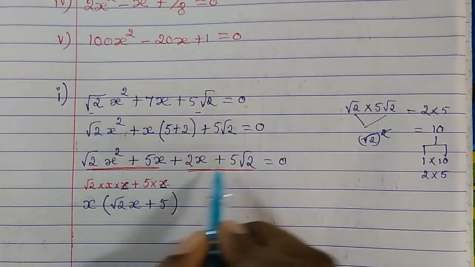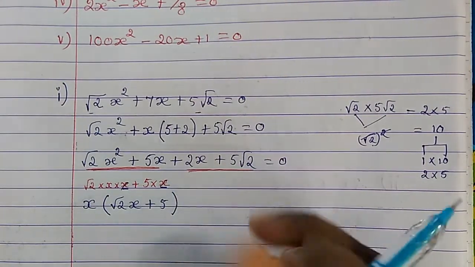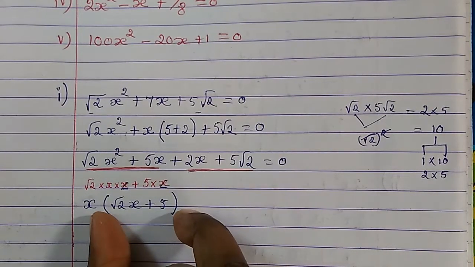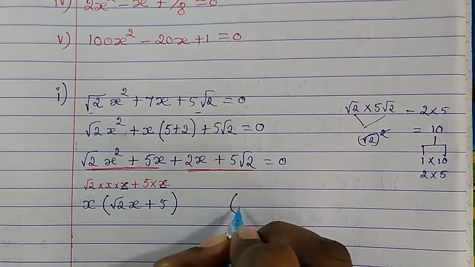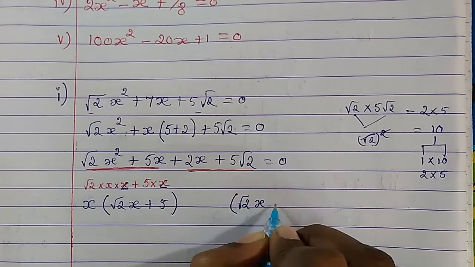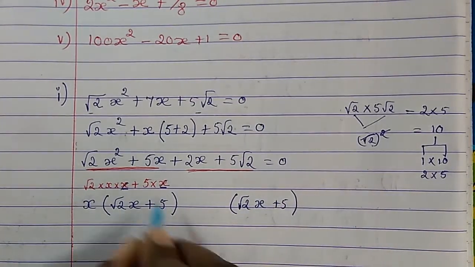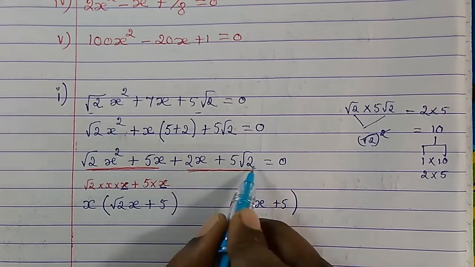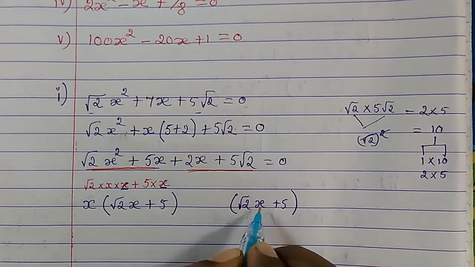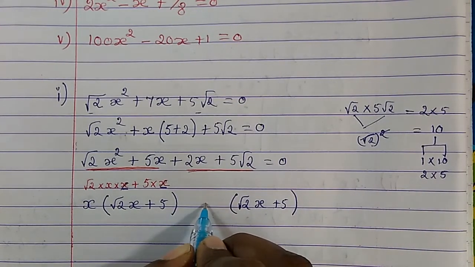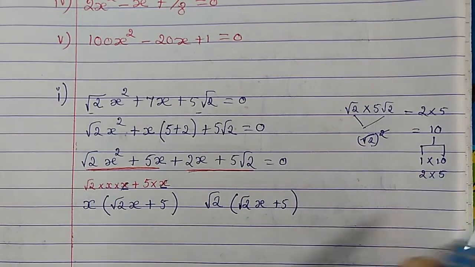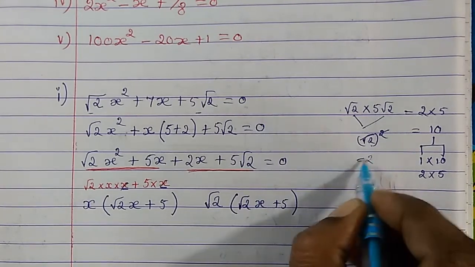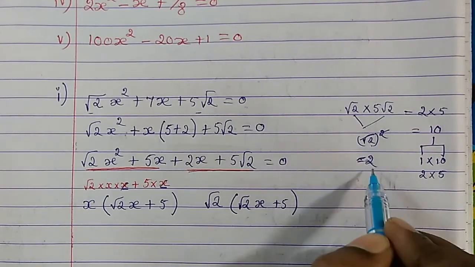Okay. So now coming to this part, how to remove in common. Before removing in common, you also can repeat the same thing. What is in the bracket, same thing you write down. That is another easy way of doing it. Root 2 x plus 5. So what is in the bracket, I have written down here. So now with which number if we multiply, we will get this? Here already x is there, one x is inside. So can we multiply with root 2 only? Because you remember here, root 2 multiplied with root 2, we will get 2 here. Because square goes means root will go, so we get 2.